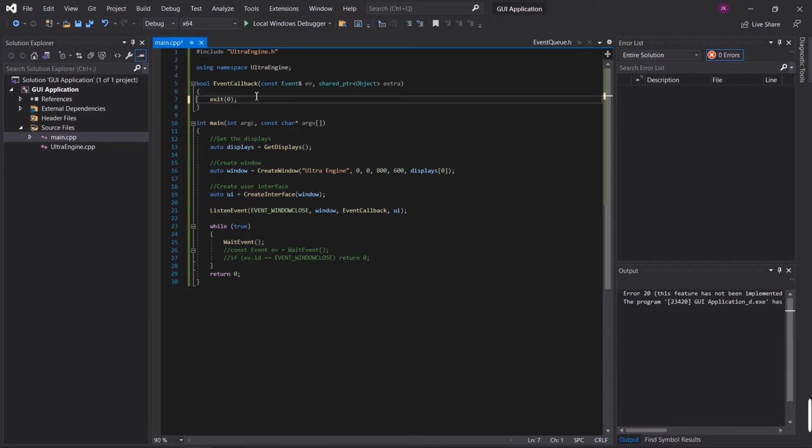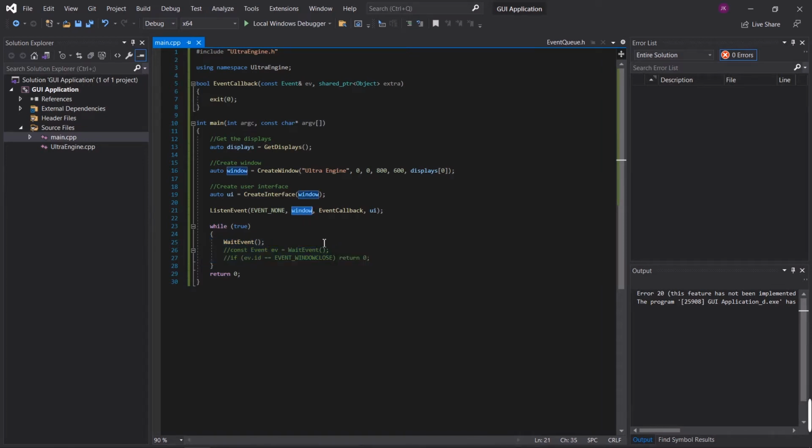Now, why would we want to do things this way? There's two reasons. One is if your program starts to get pretty complicated, then you're not going to want to have all of your event evaluation here in this main loop. You might have your program user interface spread out over many different code files, and so instead of having one big switch statement where you evaluate every single event that occurs, you can break it up into many different callback